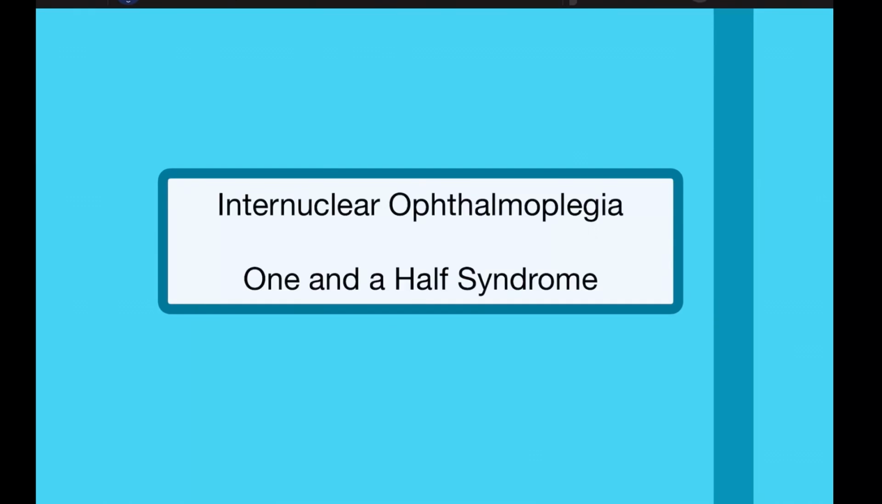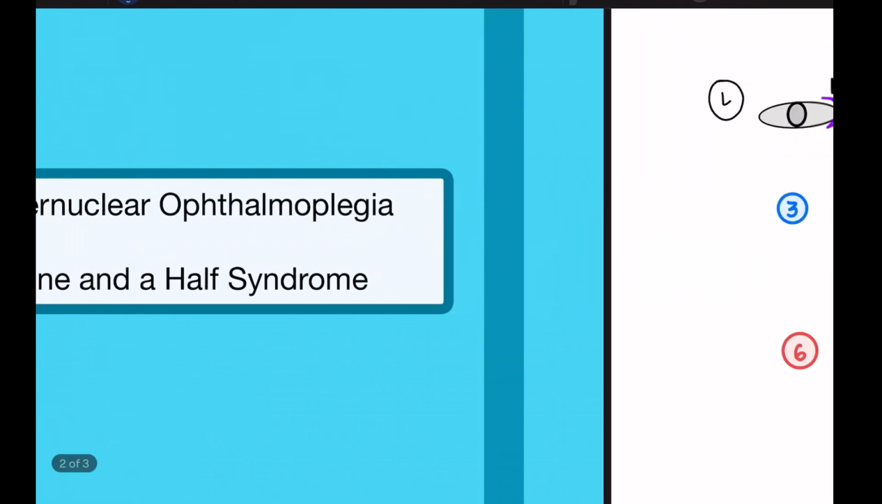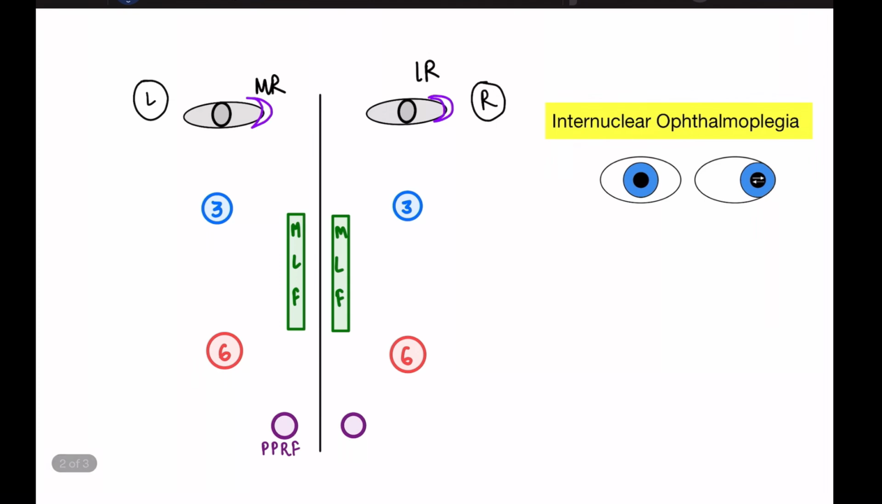So we are back with another small video on internuclear ophthalmoplegia and 1.5 syndrome, a very important concept that helps us not just in ophthalmology but also in the nervous system, when we study medicine, to localize diseases of the brainstem. So let's start. Okay, so first I will tell you about the normal physiology and then we will discuss the